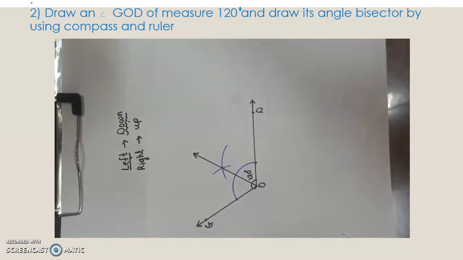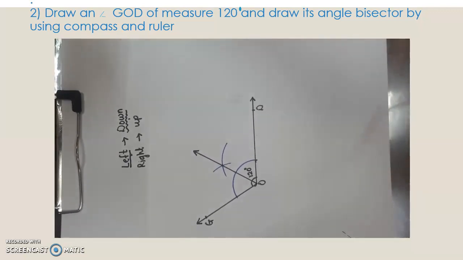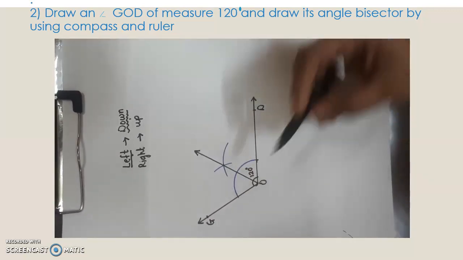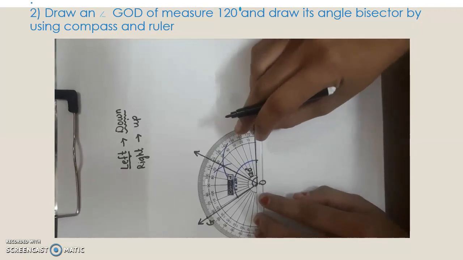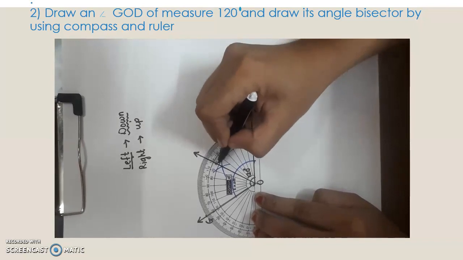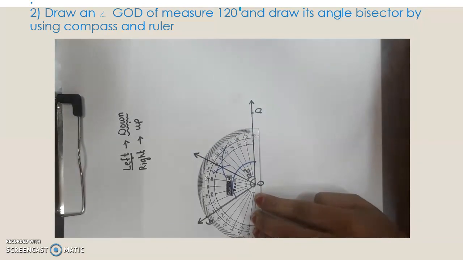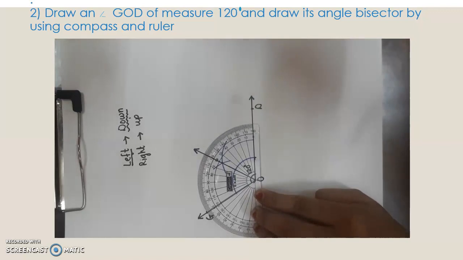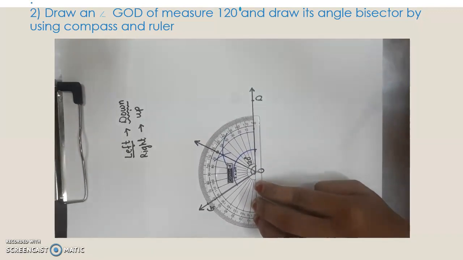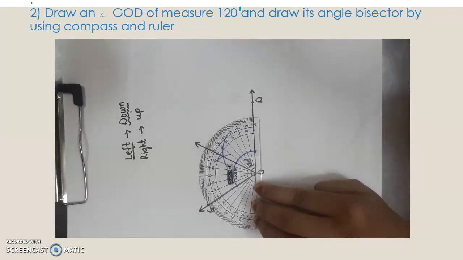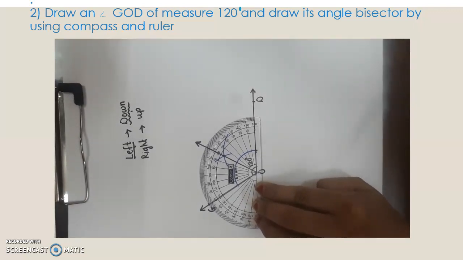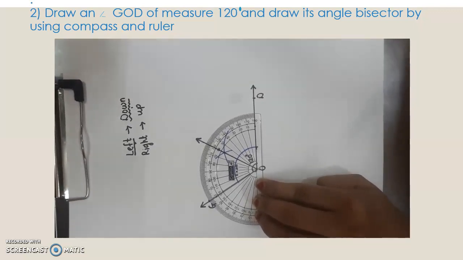Now as our angle is 120 degrees, angle bisector means a line which divides an angle into two equal parts. So we will measure and check whether our construction is correct or not. Yes, the line which we have got just now is showing exactly 60 degrees, which means our construction is perfectly correct. So students, whenever you draw angle bisectors or whatever angle is required, you have to check in the same way to see whether your answer is correct or not.